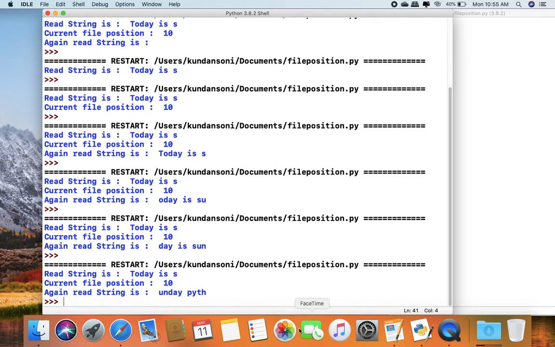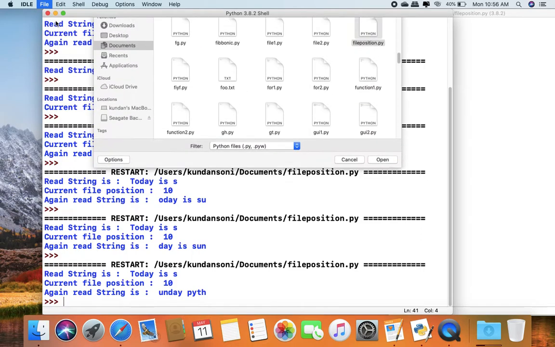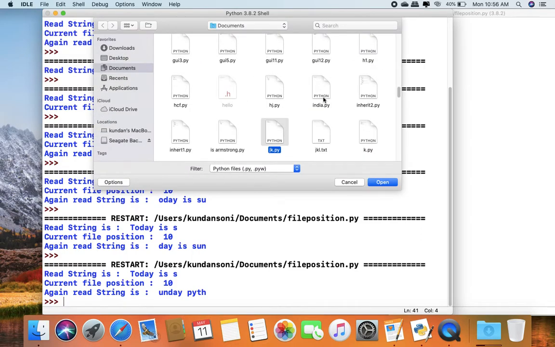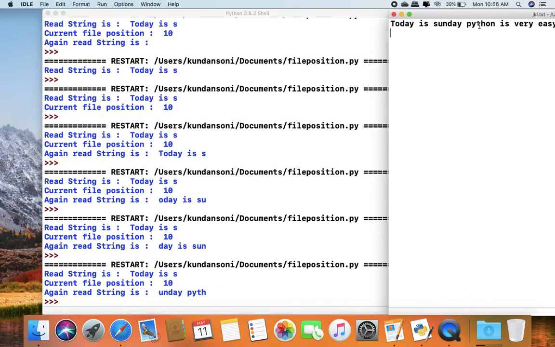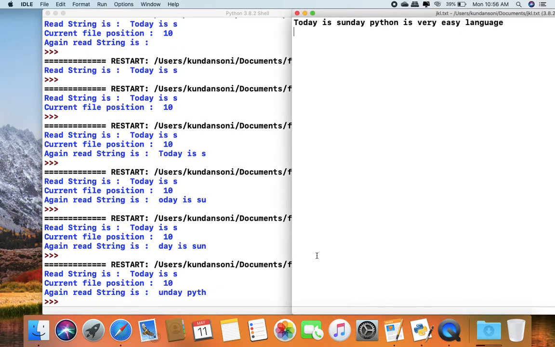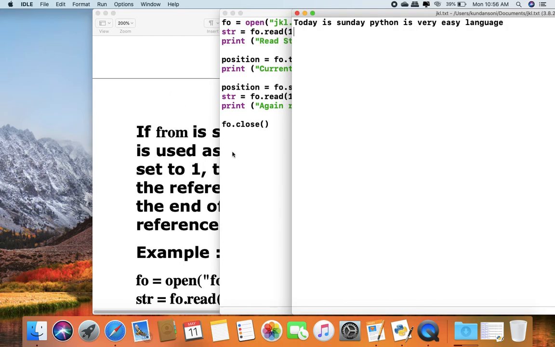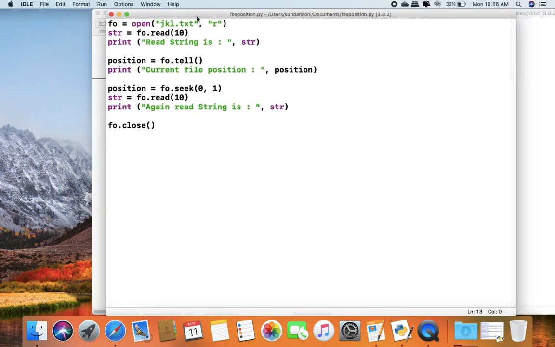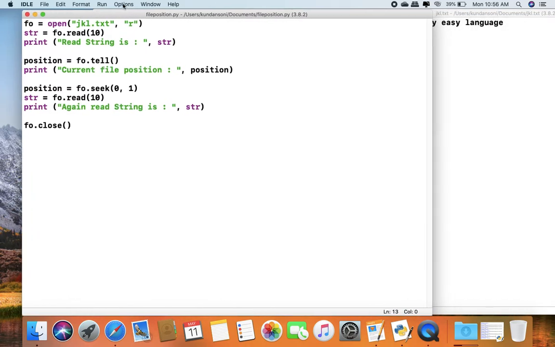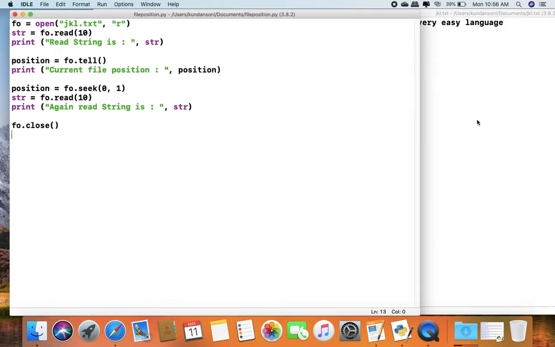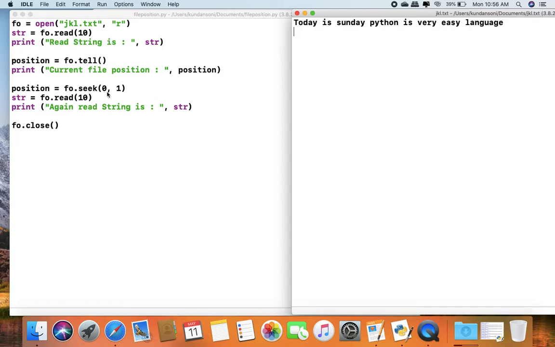Look at this. First we see the file, jkl.txt, then we understand the program. What I did in the program: I write fo.seek(0, 1). The 1 indicates that it will use the current position as the reference.